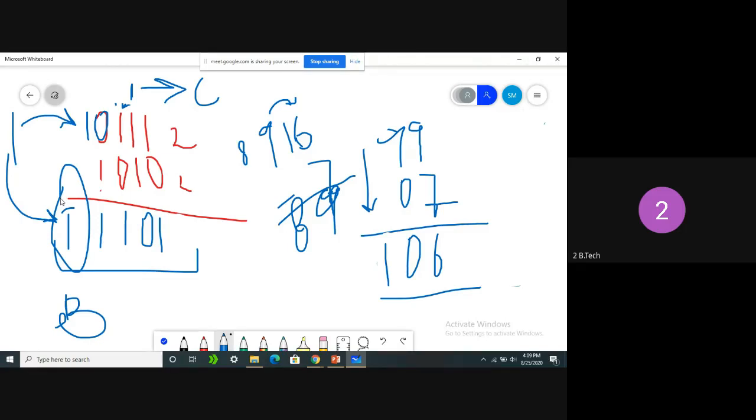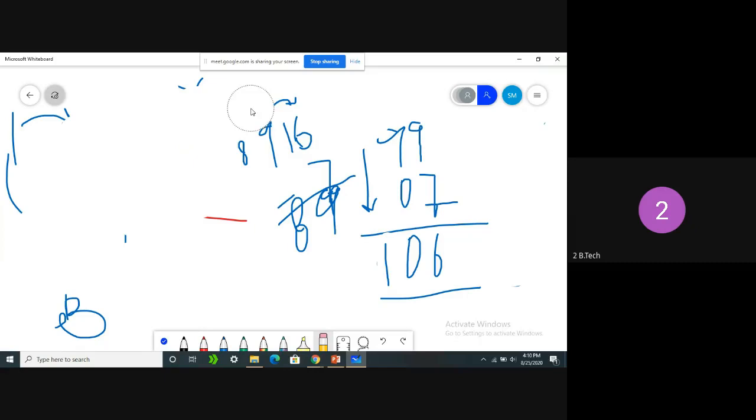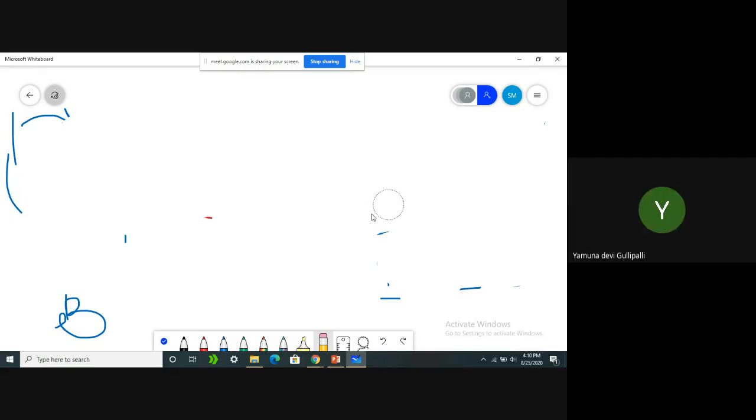Students, are you getting it? Yeah, sir. Okay, in the MSB position we got 1. So 1 in the sense it is a purely negative number. Why? Because we are subtracting a greater value from a lesser value, so obviously we will get a negative value, whether it is in a system or anywhere. So this is the way subtraction can take place. Simply, if you try to subtract a larger value from a smaller value, we need to represent it in borrow only. Clear, all of you? Okay, sir. Yes, sir.